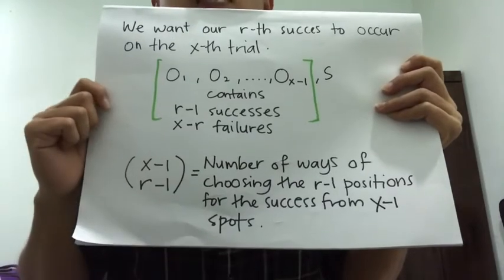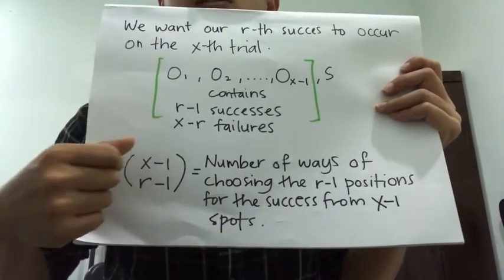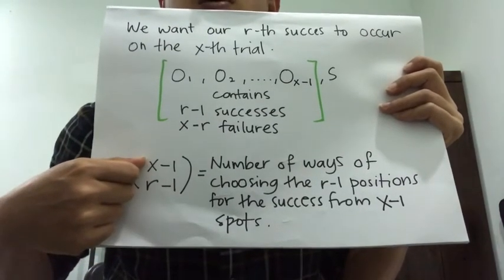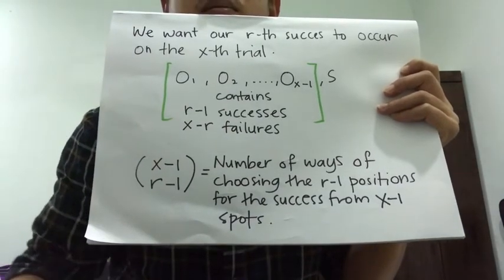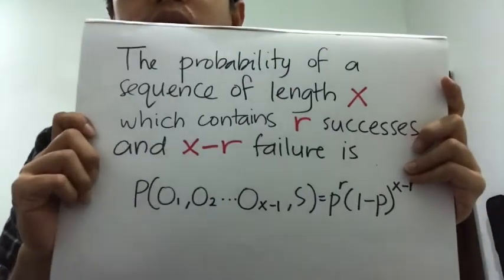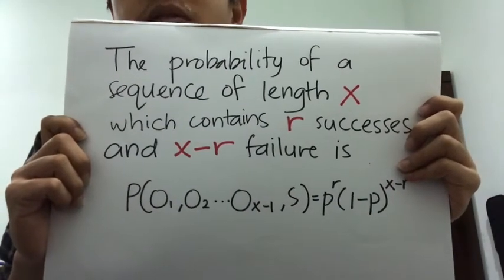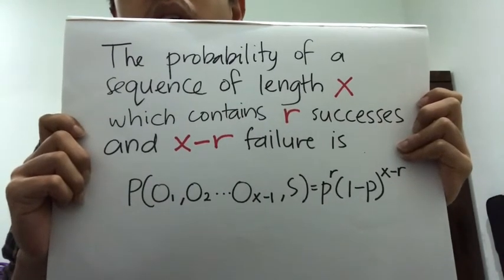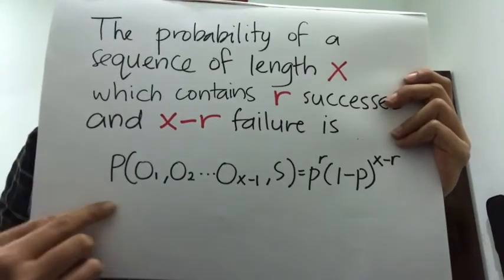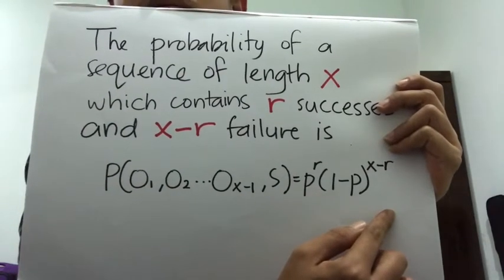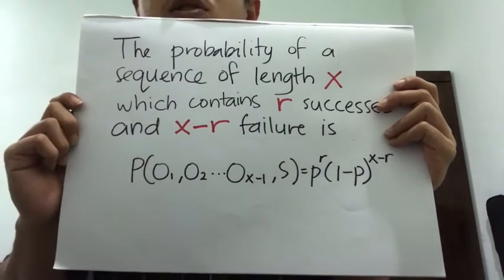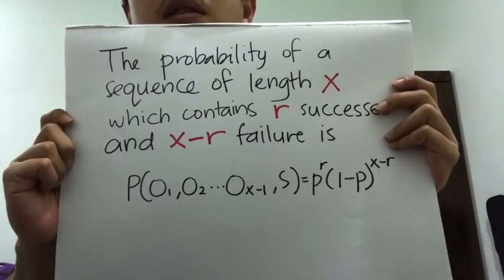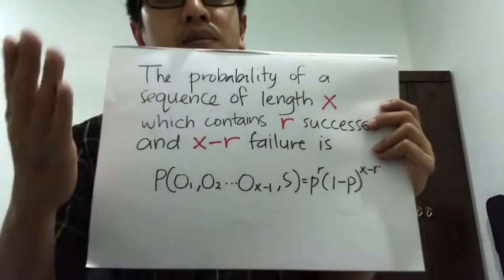So the number of ways of choosing R minus 1 positions for the successes from X minus 1 spots. So the probability of a sequence of length X which contains R successes and X minus R failures is given. Putting this together, we find the probability of obtaining the R-th success on the X-th trial is given by